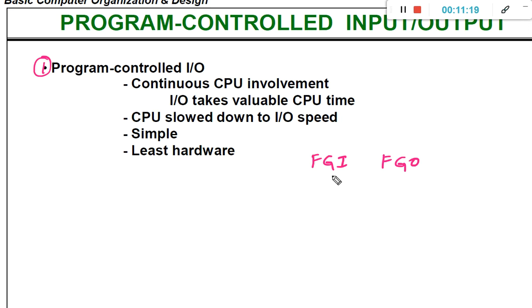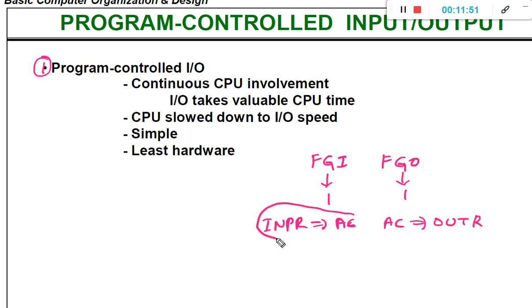Whenever FGI is 1, what does it mean? It is ready to transfer the content from INPR to the accumulator register. Similarly, whenever FGO is 1, it is ready to transfer the content from the accumulator register to OutR.